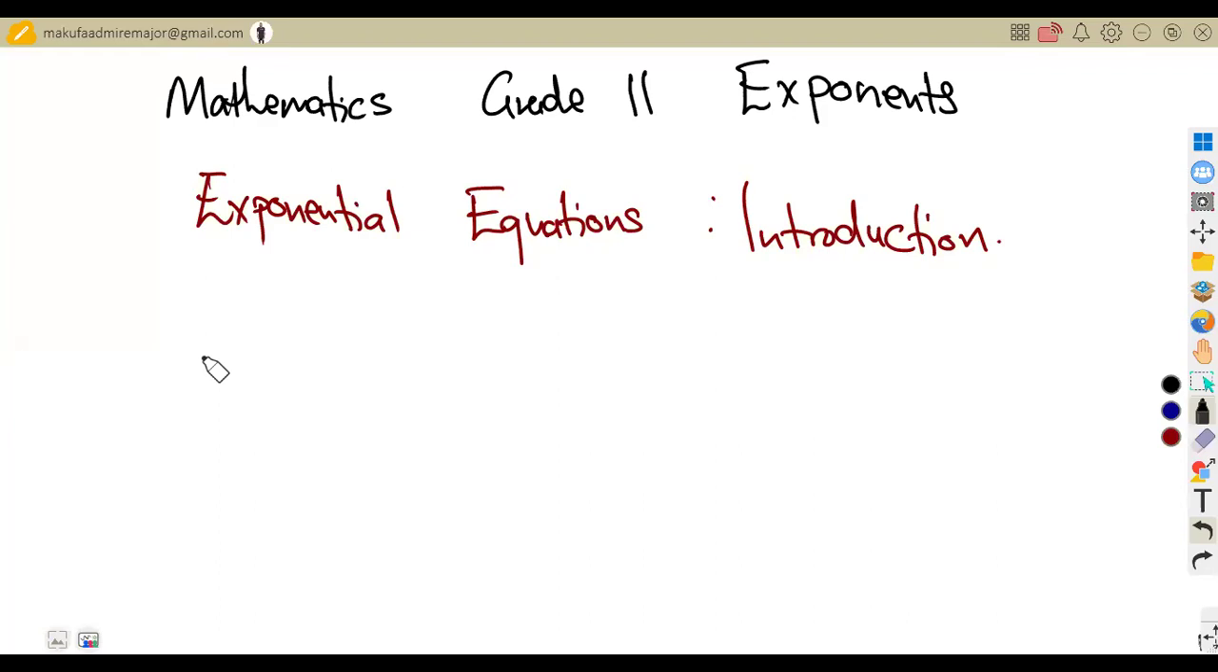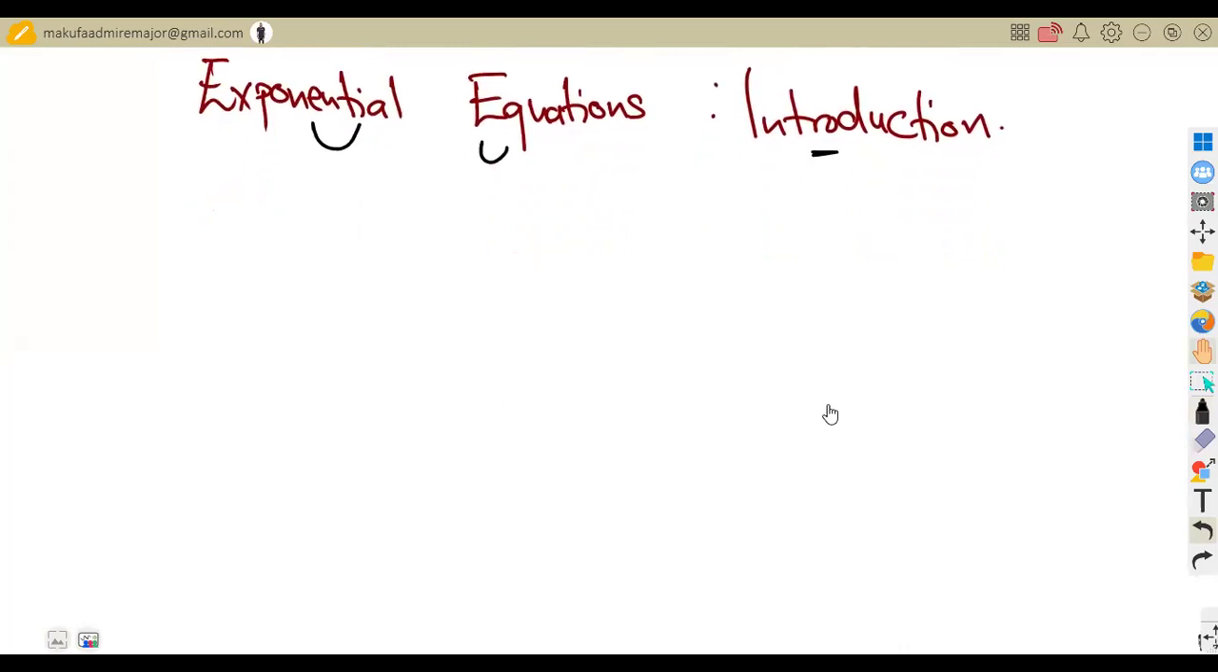Still on our mathematics for grade 11, working on our exponents, and we shall have a continuation, that is to look into the exponential equations. So that is an introduction that we're going to focus on our exponential equations as we are working with our exponents. I want us to consider, as a basic from our mathematics grade